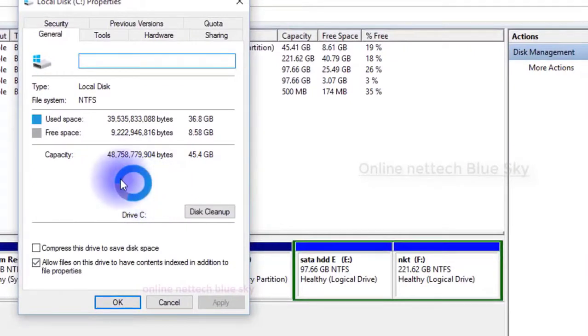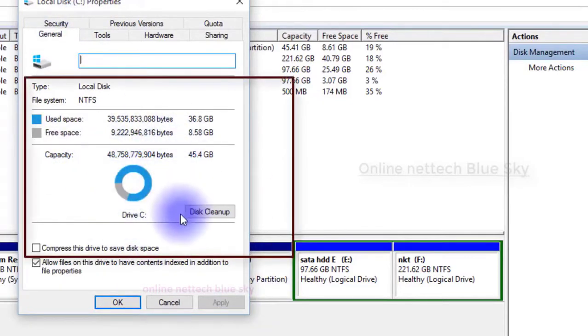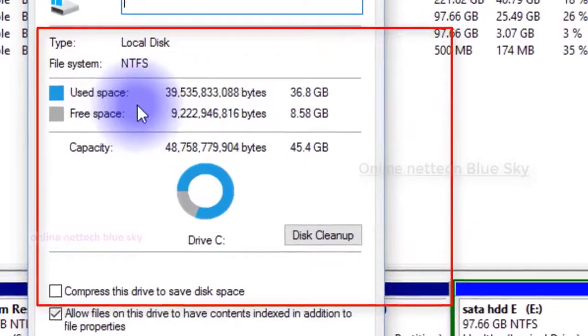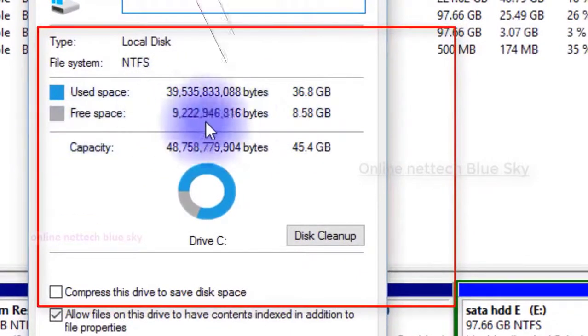Okay, you can see the used space and free space of the partition. This shows the size of your system files, how much space you are using and how much is free.